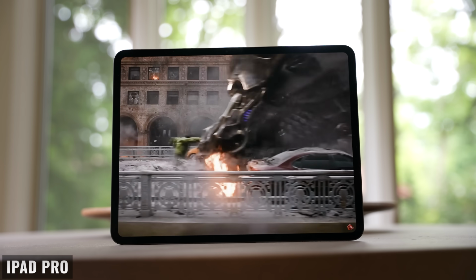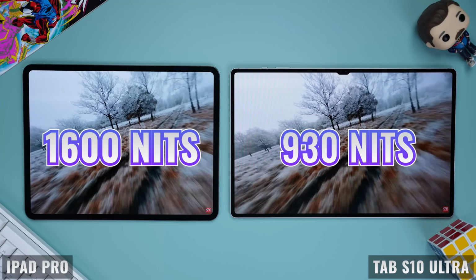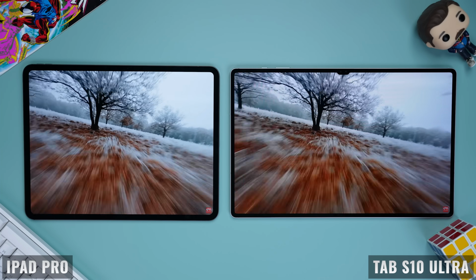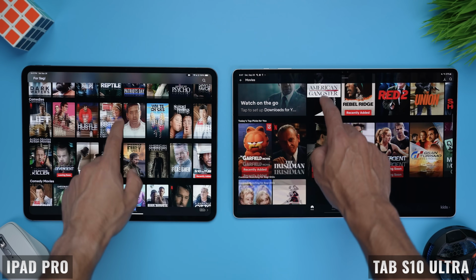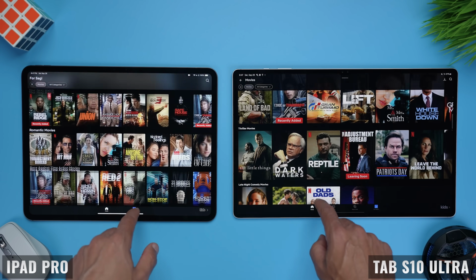Now, when we compare peak brightness for HDR content, we're seeing that the iPad Pro is rated for 1600 nits versus 930 for the Tab S10 Ultra, and that's a meaningful difference. But even if you're just navigating around the home screen, using productivity apps, or watching SDR content, the M4 iPad Pro still has 1000 nits full screen sustained brightness. So here we have to choose between the brighter display on the iPad Pro or the less reflective one on